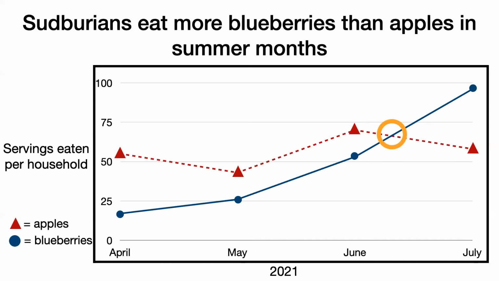So this is not actual data. Please don't take this to the bank. I made up some numbers and I chose apples and blueberries. But I just want to show that you can do this for your figures if you've got a complicated figure. It takes time to do, but you can walk people through bit by bit. And even if you're not able to break your figure down and reveal it bit by bit, you can even just do